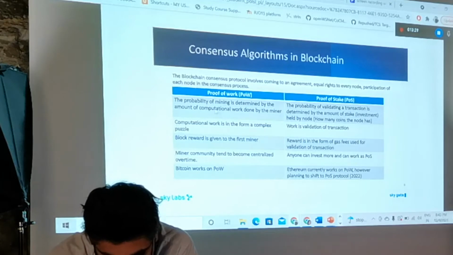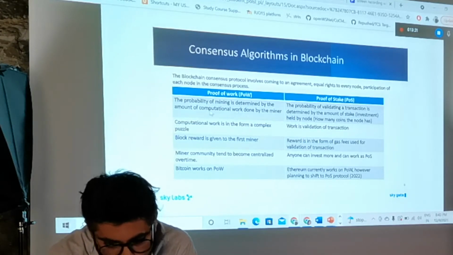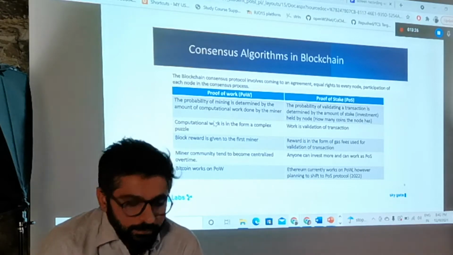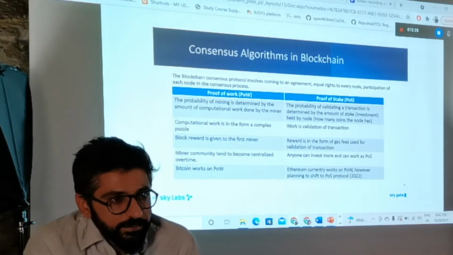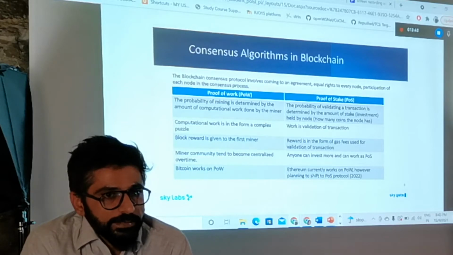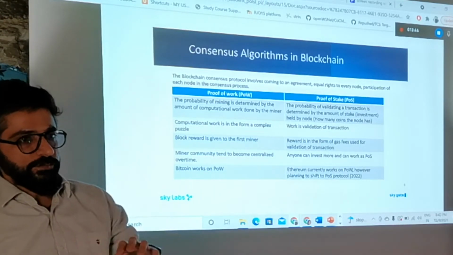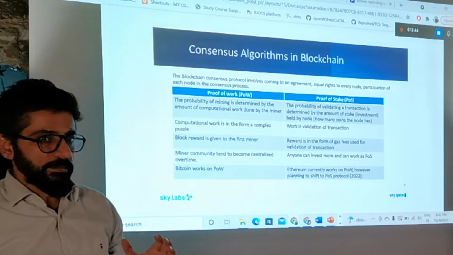So in proof of work, the probability of mining is determined by the amount of computational work. The computational work is given in the form of a puzzle. Whenever a new transaction comes, the blockchain system gives a cryptographic puzzle to the nodes.